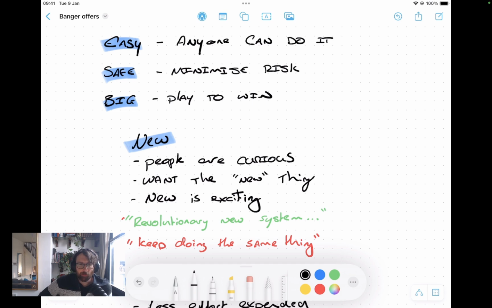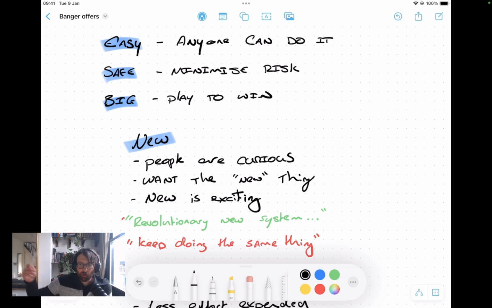You'll have seen it, whatever industry you're in, whatever offers you run, sometimes a new revolutionary thing will turn up and people flock to it. If we go back again to health and wellness, how often is there a new fad diet that does the same thing as all of the other diets, helps people lose weight, but because it's a new thing and it's a fad, it just draws people in and they love it and they're like, oh my God, I need this. They just feel like they need that new thing because new is exciting.